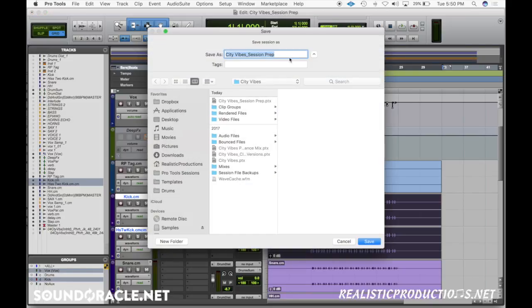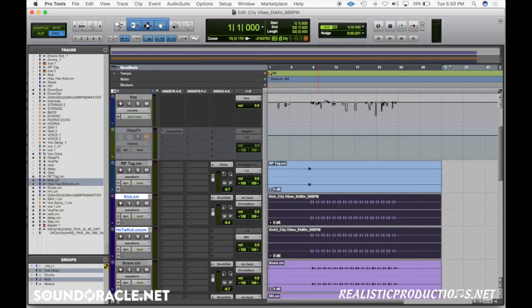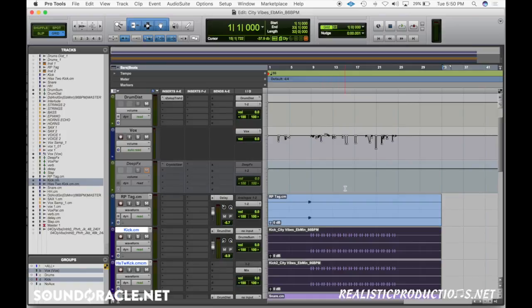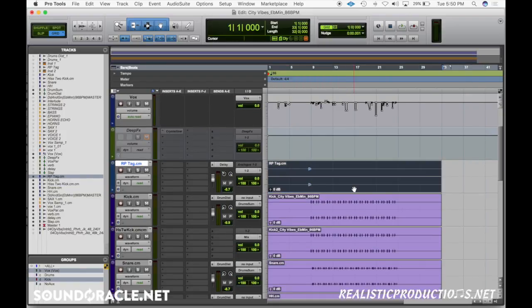So when you go and export out, if you do it in other DAWs, what you want to do is make sure that the title of the session is named like that as well, so then the information is already there. So if you're using Pro Tools,